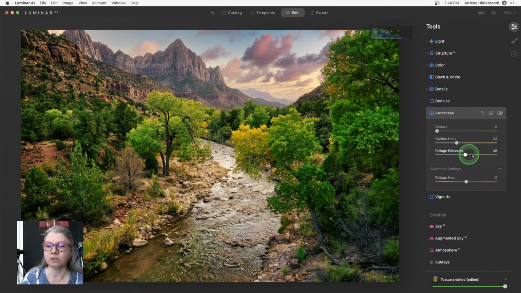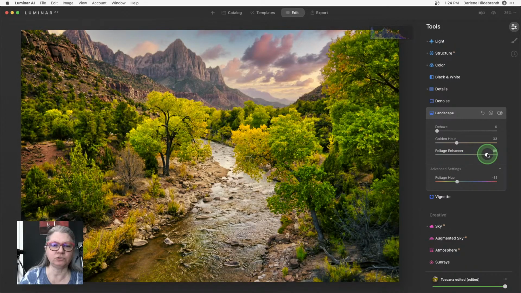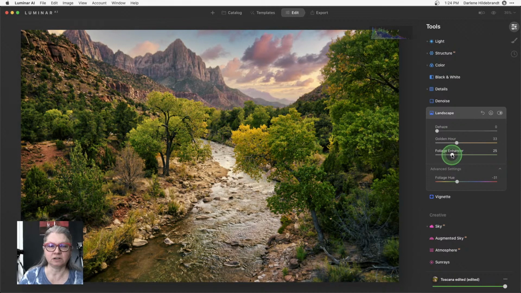Foliage enhancer is another one that pulls out those colors out of the foliage, including grass. But I find that out of the default, it comes out really sort of neon green. So that's where you want to go to the advanced settings down here and dial it a bit more yellow, and then go back, dial it down. Okay, so remember, go to extreme, see what it's doing, adjust it, and then put it back where you want it. Okay, so what this one is doing is giving me a really nice yellow glow and really picking up the green of that landscape. Okay, so you can see it really coming into view now.